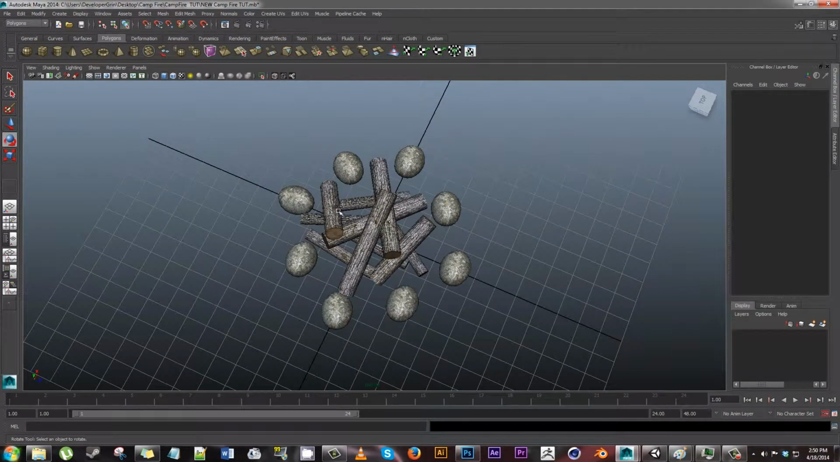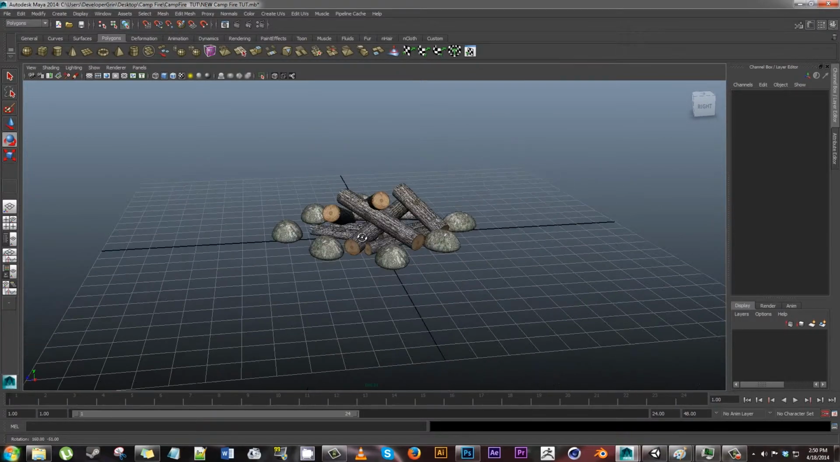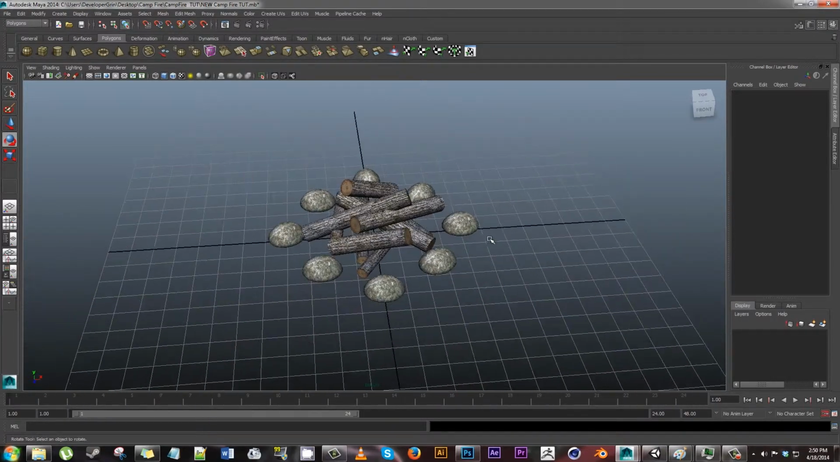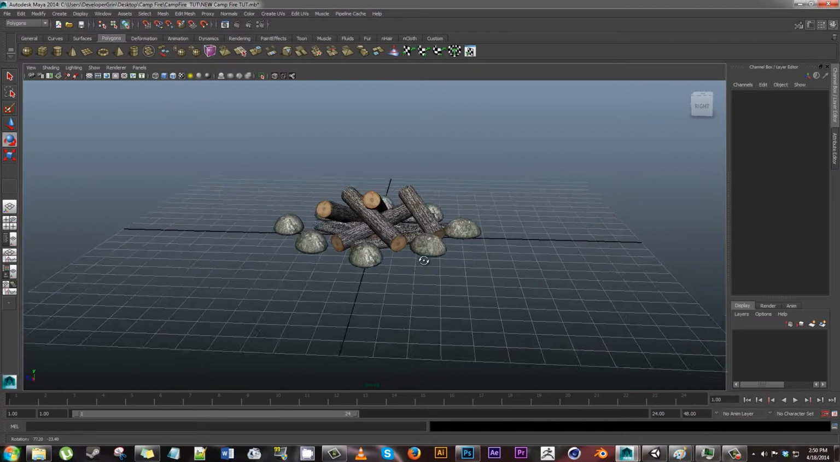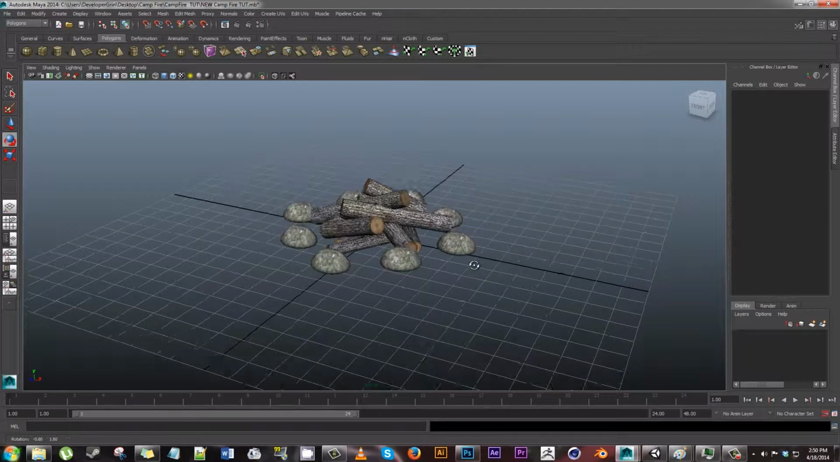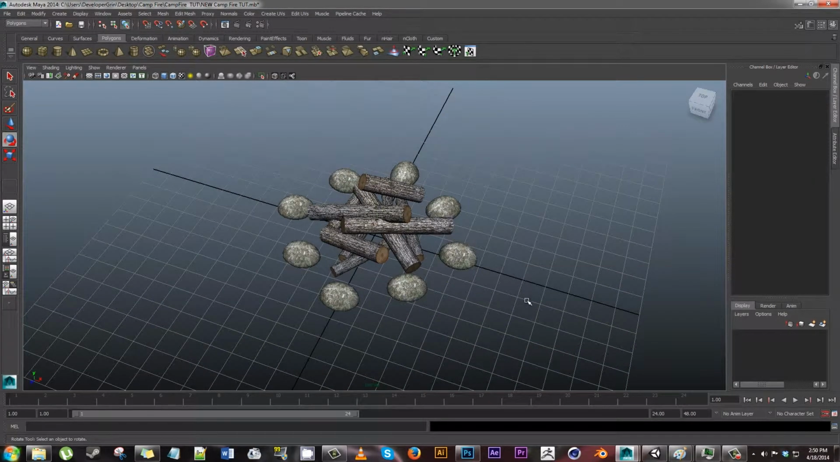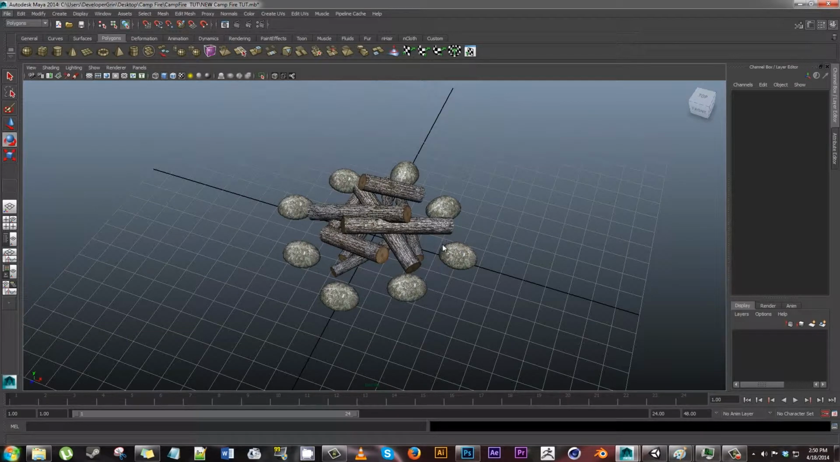I added more logs than we had in the original one, but I didn't really make you put the logs in any specific place, so whatever you like is best. They do kind of go inside of each other sometimes, but this is not a complete professional modeling tutorial. So now that we actually have these smoothed and it is ready to be brought into Unity, we will save it again. So go to here, save scene,